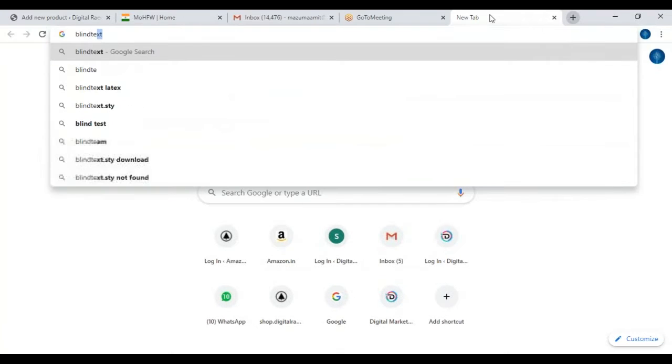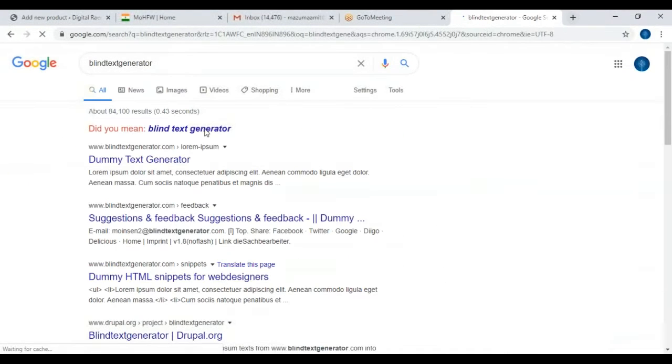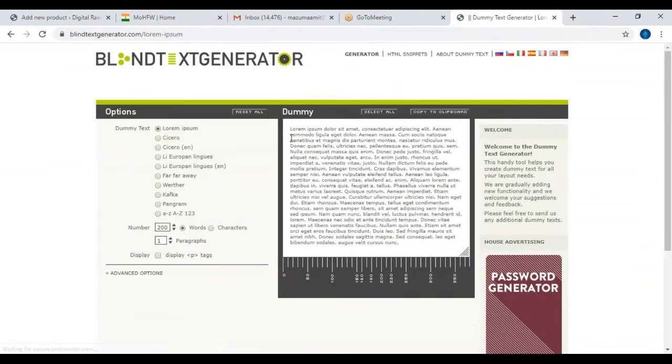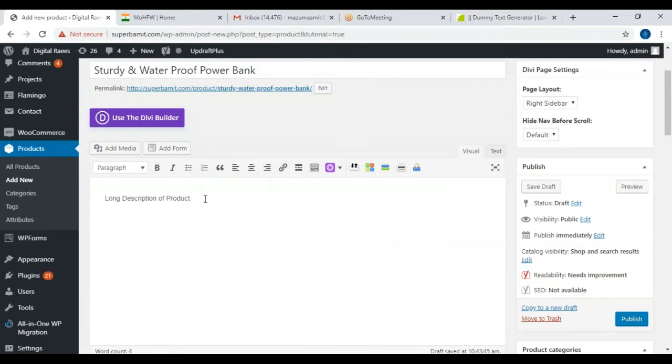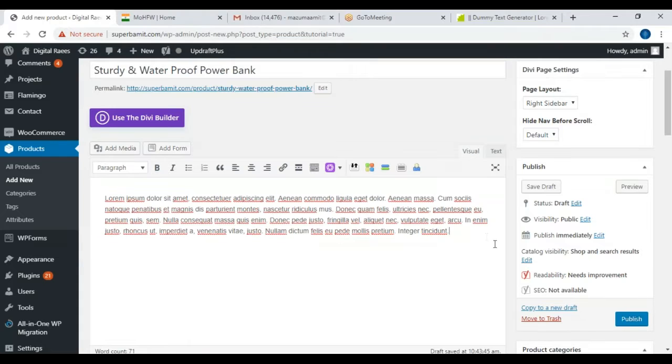So I give the long description. For the time being, I'm giving the dummy text, lorem ipsum, whatever it is.